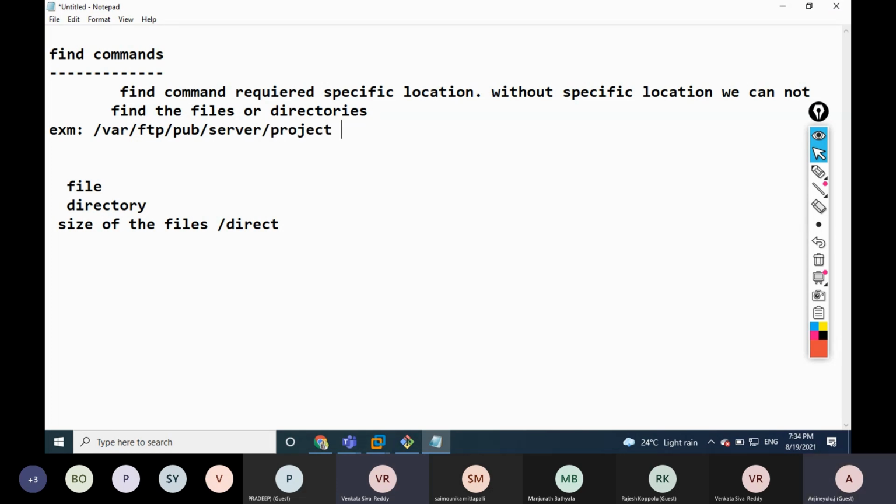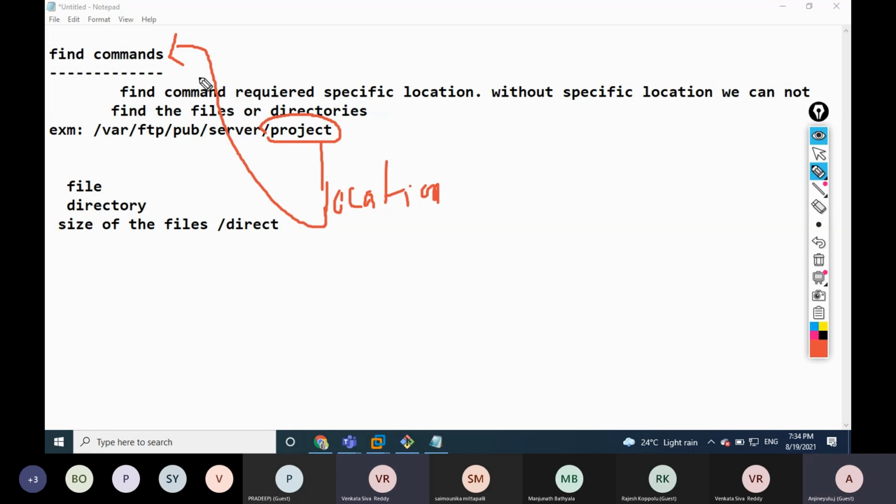I really forgot that file location, but I have an idea of the file name. Now I would like to find this file location. At that time, we can use the find command. By using the find command, we can find the file location as a directory location.